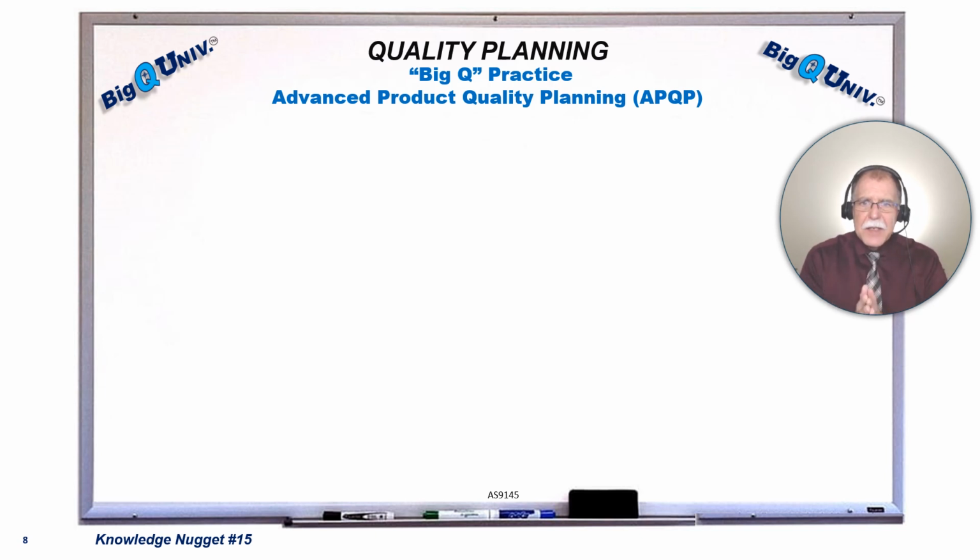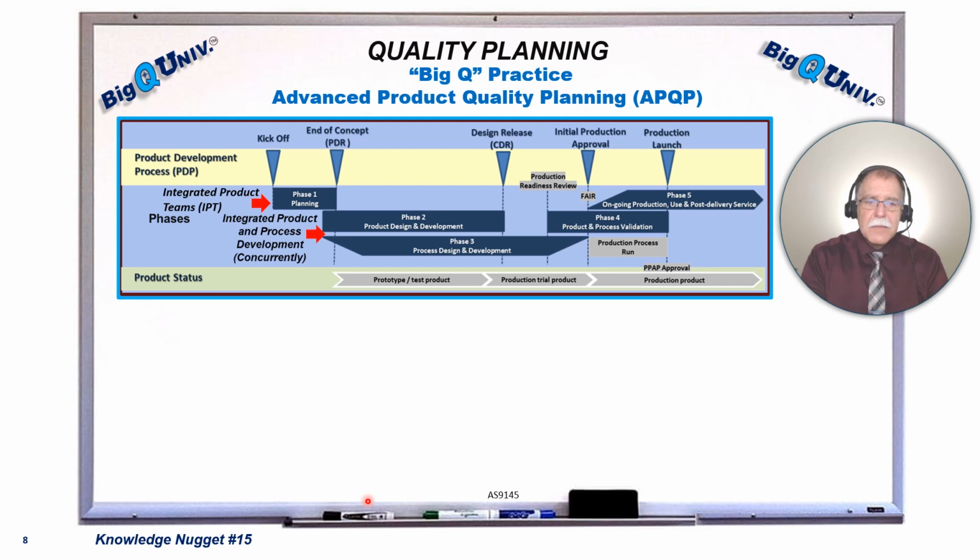These process planning considerations are just the beginning. Successful quality planning really requires a management system framework that helps us understand the key activities that are required to plan and determine a process that focuses on nonconformity prevention and interactions of the process with other processes throughout the system. Well, one such management system framework exists in industry, and it's called Advanced Product Quality Planning. It looks something like this.